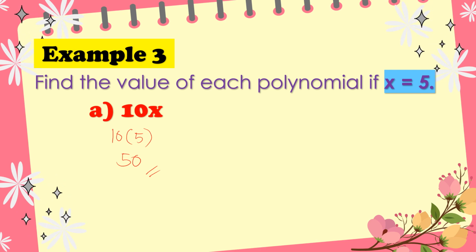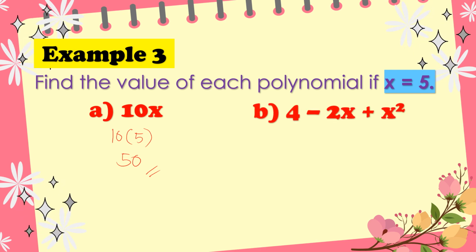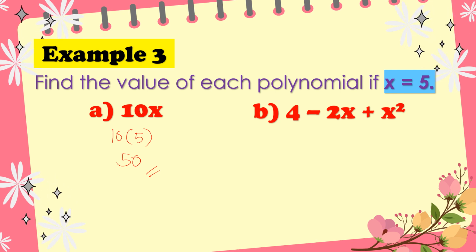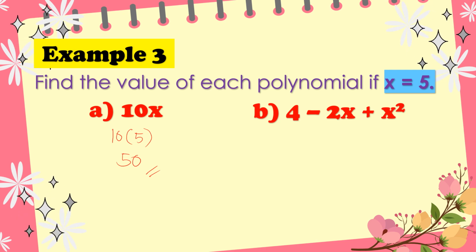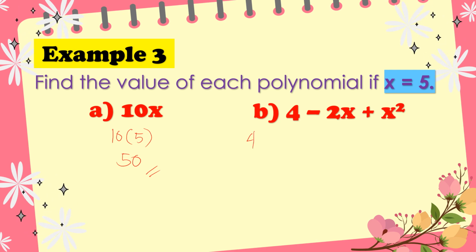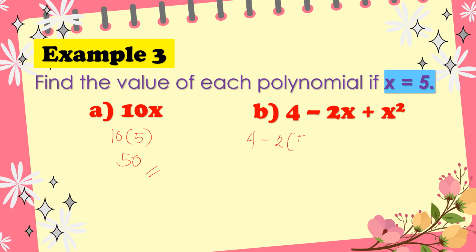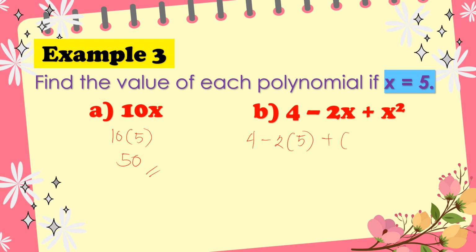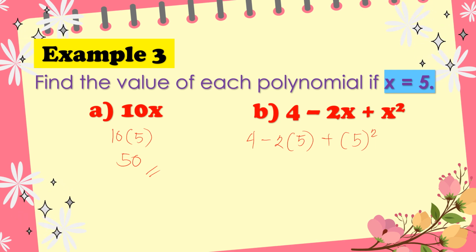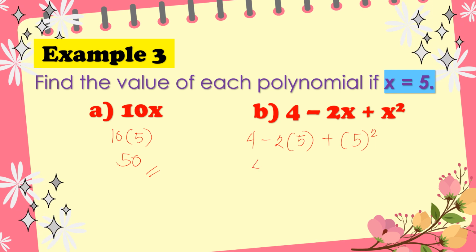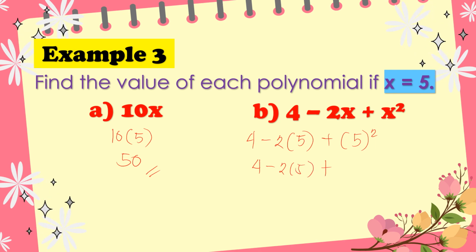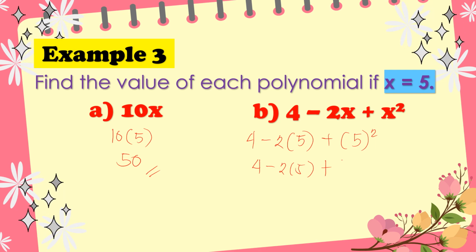Yun yung sagot. If the polynomial is 4 minus 2x plus x squared, ano yung magiging value ng ating polynomial kung yung x natin is 5? So, ipapalit lang natin si 5 sa lahat ng x na variable. So, copyhin natin 4 minus 2 times i-plug in natin si 5 plus plug in ulit natin si 5 and then copyhin natin yung squared. Ngayon, ang una natin isi-simplify dyan yung may squared. So, copyhin muna natin yung remaining of the expression. So, 5 times 5, katumbas ng 5 squared, that would be